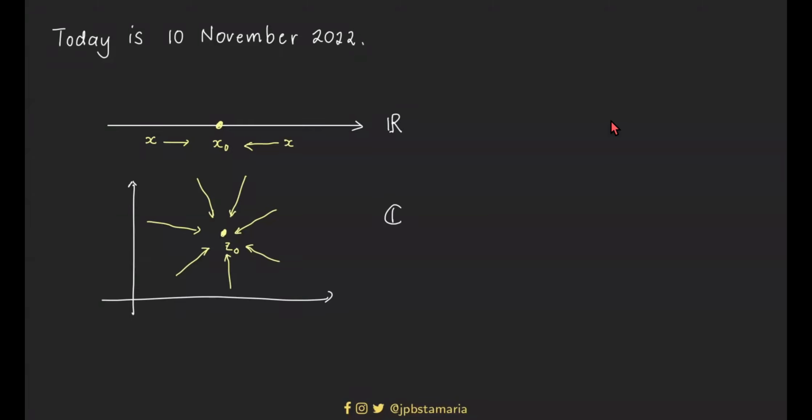Or it could even be something like this, na pwedeng ang pag-approach niyo sa z naught is hindi talaga straight path, no? For example, if this is your z, it could approach z naught in this manner para siya nag-spiral towards z naught, no? So there are infinitely many ways to approach z.